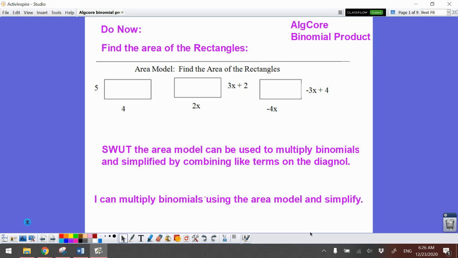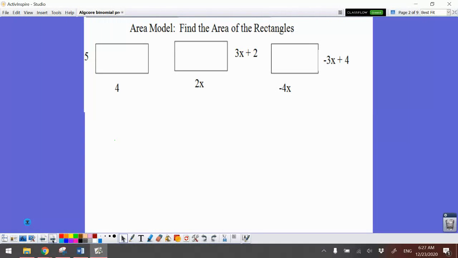All right, so we're going to move on today to multiplying binomials. And we're going to realize that we can use the area model, which is pretty much the area of rectangles, to help us evaluate or simplify these. Okay, so let's start by making sure you have your Desmos calculator open. And let's do some